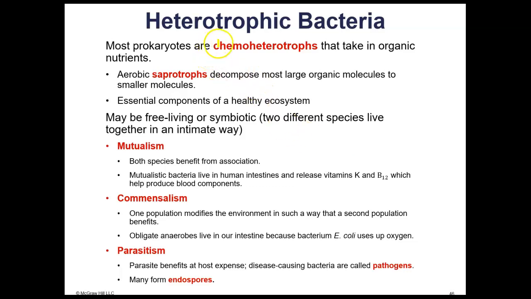And then we have chemoheterotrophs, like humans. Chemoheterotrophs all eat organic nutrients. They consume organic nutrients, and so they get their food and their energy from the breakdown of those organic nutrients. So they have to consume them. They don't make their own food. Saprotrophs are decomposers. So these are bacteria that decompose organic molecules. And then we have symbiotic